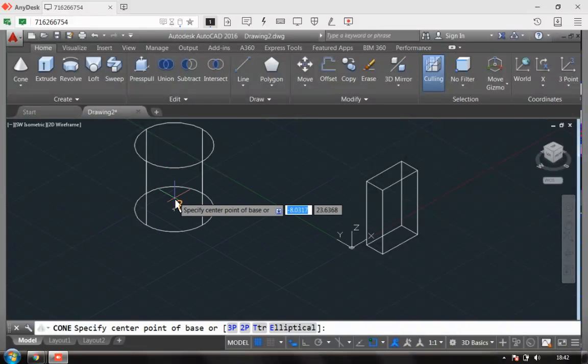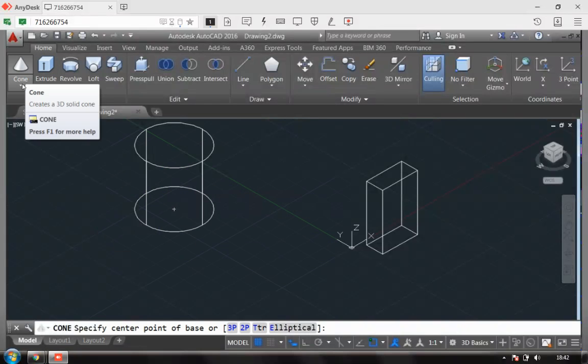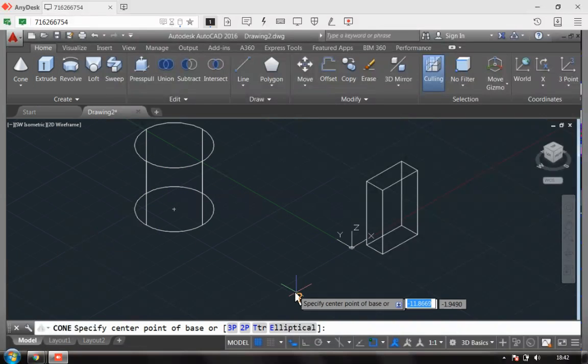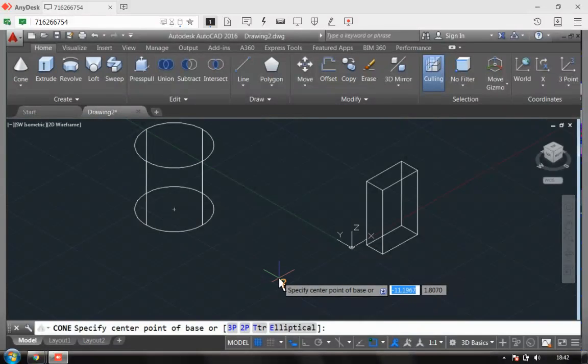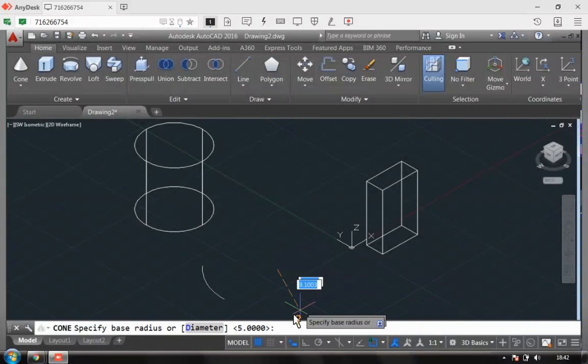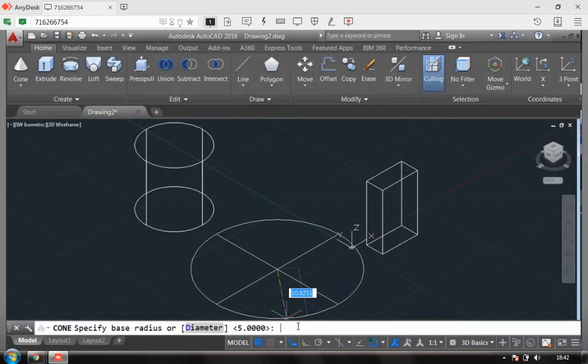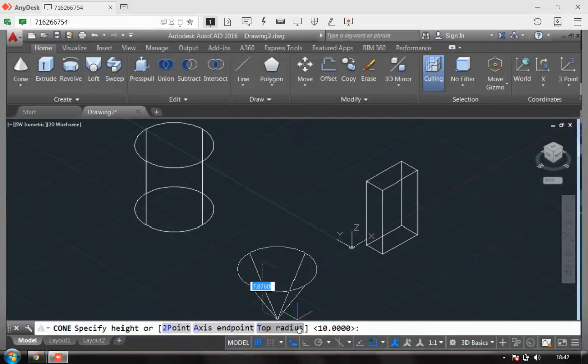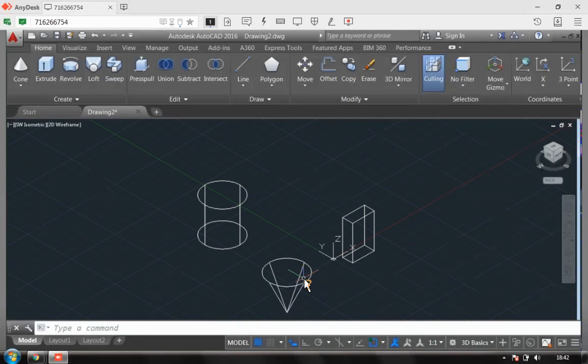I choose the center here. That is my center point. Then I specify the radius, again the same 5. Height is the same, 10. My arrow is down, so it has drawn downwards. If it is up, it is going to draw upwards.